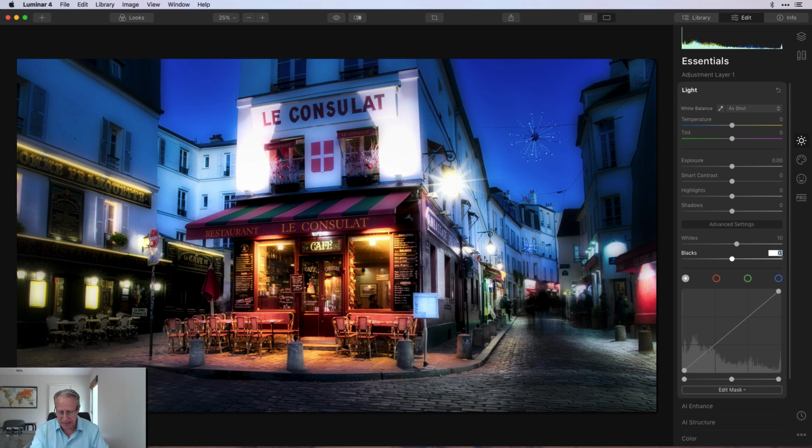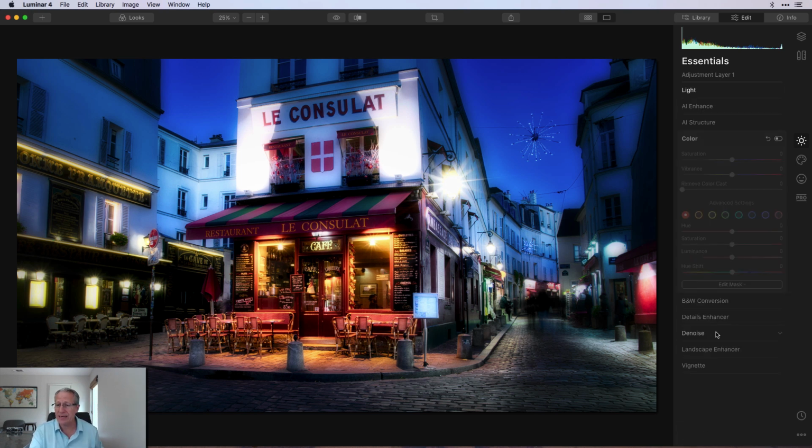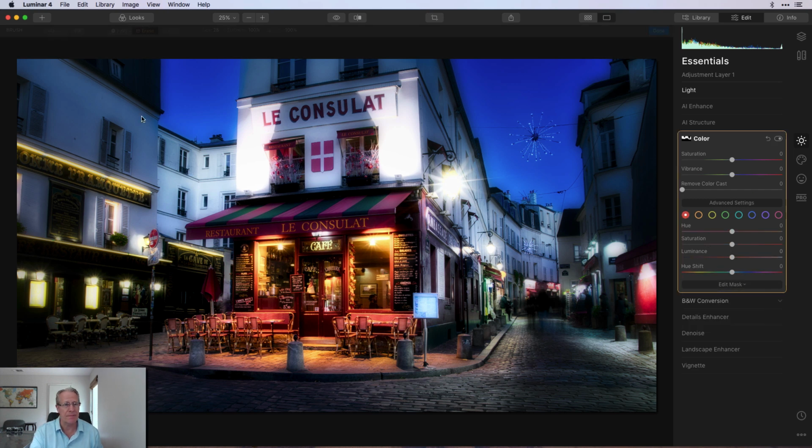And then the blacks, I'm actually going to go negative about 15, and basically just darken some of those areas that are already dark. Again, just creating contrast, creating mood, and that was what I was doing there. And then the last thing was I went into color, and here I just took the blue down. I went into blue, I took the saturation down, and let me show you where I painted that, which is